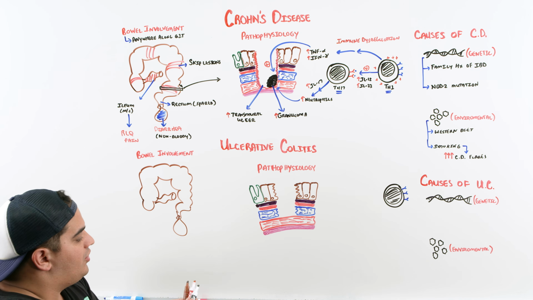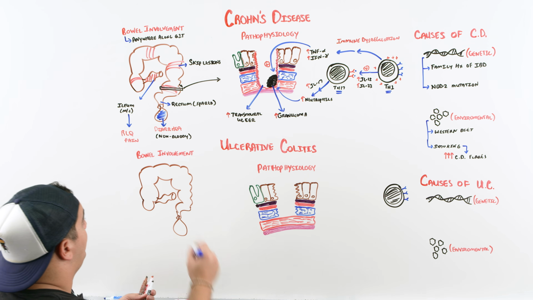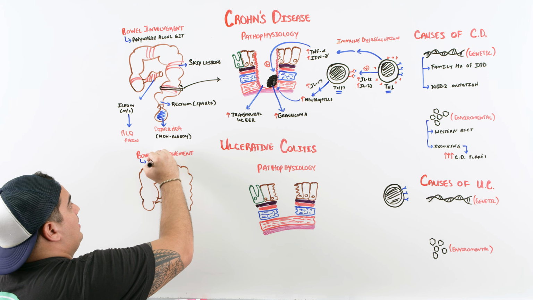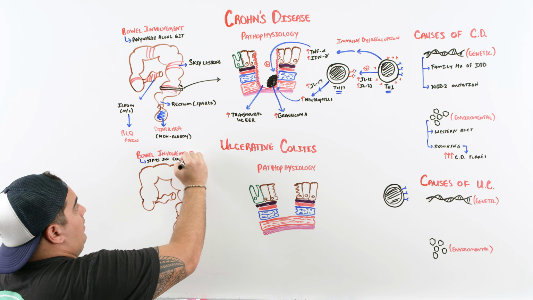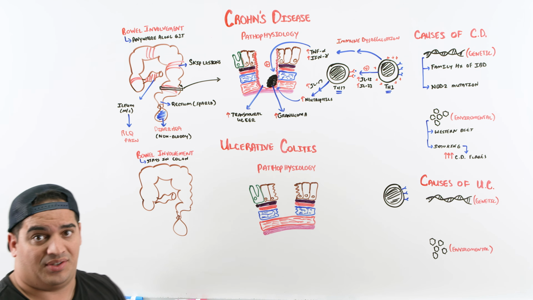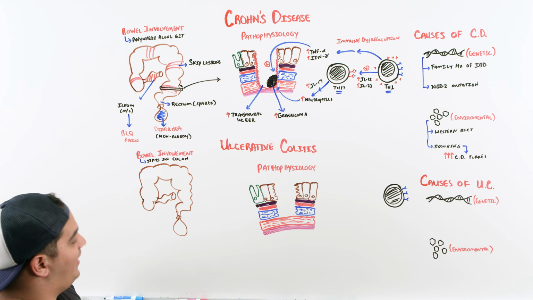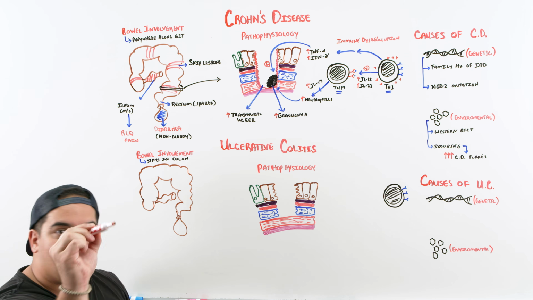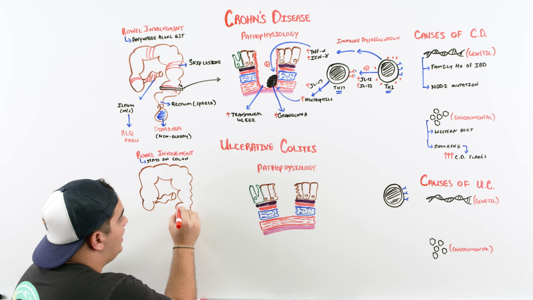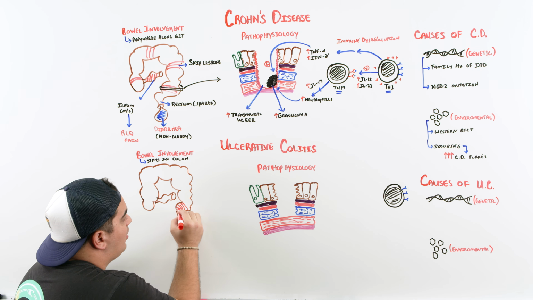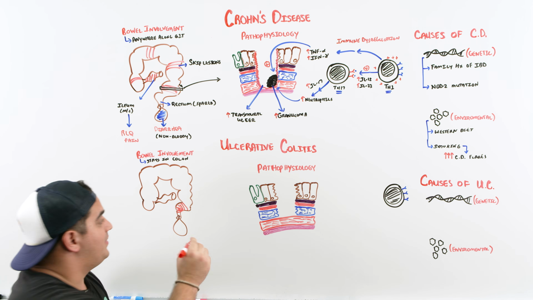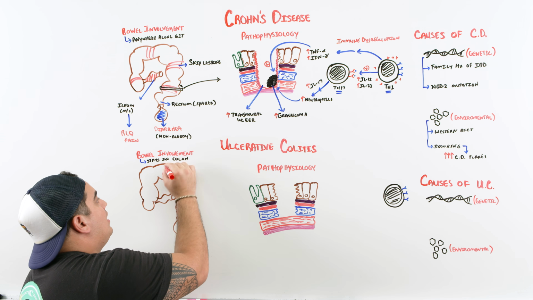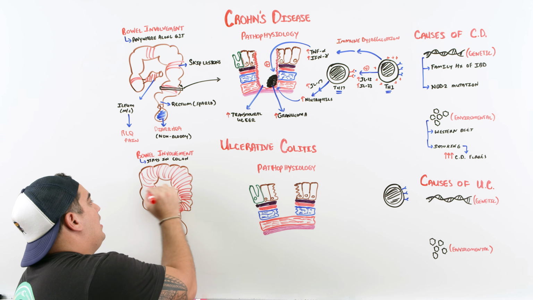What about UC? So UC is interesting, and I think this is also kind of cool in the sense that this one stays in the colon. It stays in the colon. So it only affects the large intestine. It never branches into the small intestine. What happens though is that Crohn's disease started in one place, flipped around, went all over the place. UC, it usually starts at the rectum. What doesn't affect the rectum? Crohn's. And then what it does is it causes continuous or contiguous inflammation that can spread and spread and spread